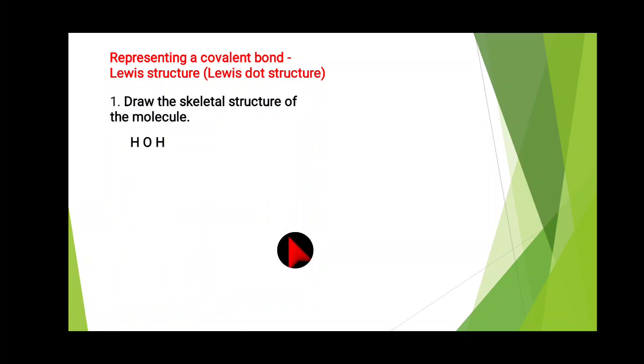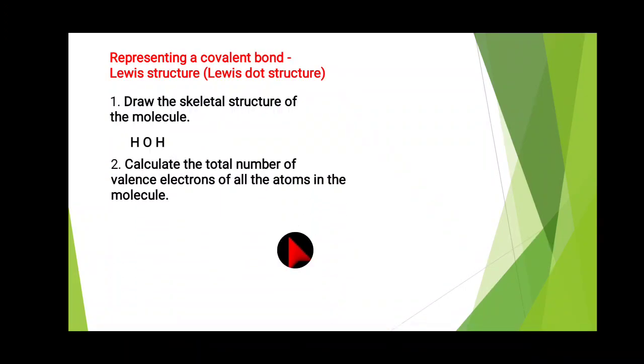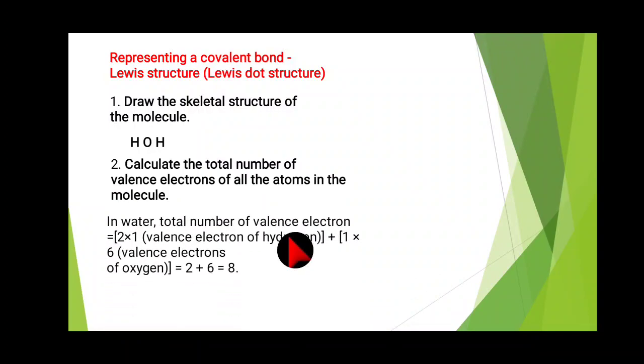Hydrogen, oxygen, hydrogen. So no bond is mentioned here, right? So point number 2, calculate the total number of valence electrons of all the atoms in the molecule. So we can know that in the water molecule, the total number of valence electrons